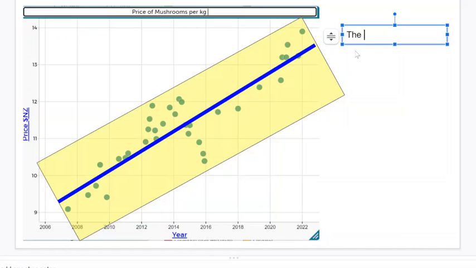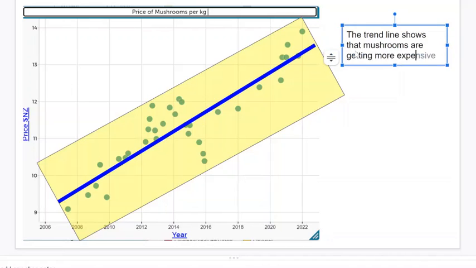Okay, the trend line shows that mushrooms are getting more expensive per kilogram in New Zealand between... now then, change that to "got" because it's actually past tense, isn't it? The mushrooms got more expensive in New Zealand per kilogram